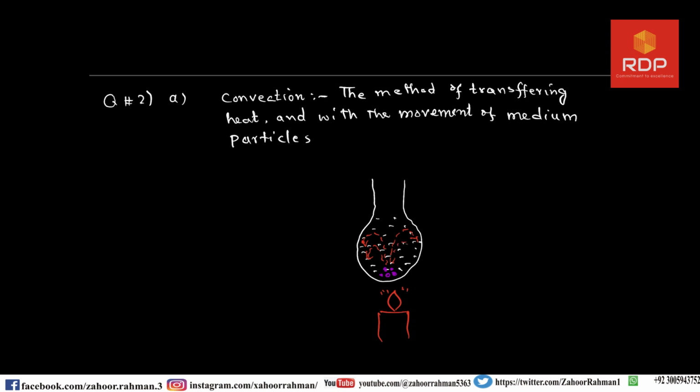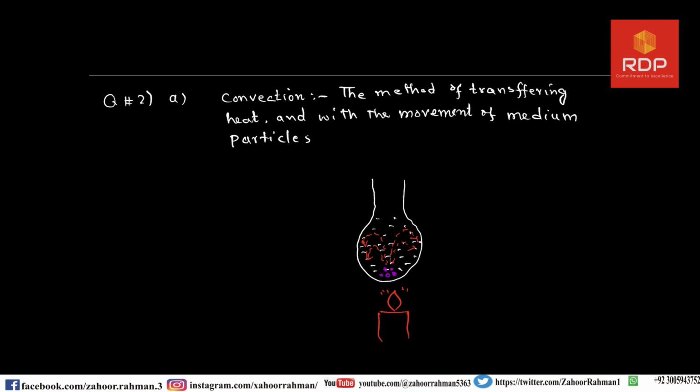will create the convection current, and after some time the whole of the flask will be of the color of that potassium permanganate. So it means that the particles, the molecules of water, are moving physically from the bottom of the flask to the top of the flask. Why? Because those molecules are becoming less dense